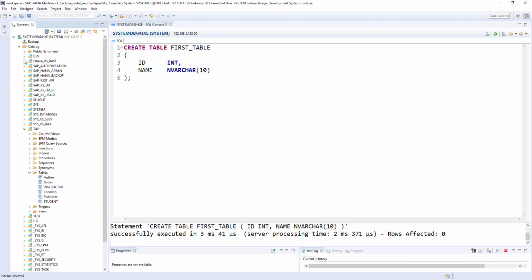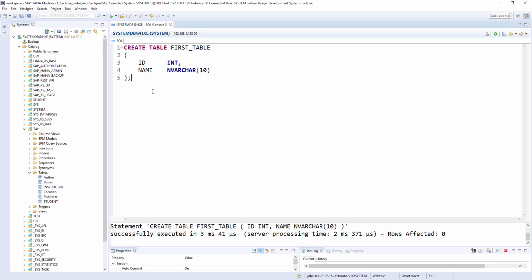You can expand each schema and check where this table exists. Here I have another schema, test, system schema, sys schema, sflight schema, dev schema. Instead of searching each and every schema, we can leverage another system table. Like in our earlier session on schemas, where we used a table called schemas, we can use another table to find in which schema our table exists.